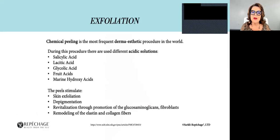So for the purpose of exfoliation, chemical peel is certainly one of the most frequently performed dermoaesthetic procedures today in the world. And during this procedure, we use different acidic solutions. We can use salicylic acid. Salicylic acid actually is active in a neutral pH base, even at 7, it is still active. So salicylic acid could also be used better on oilier complexions